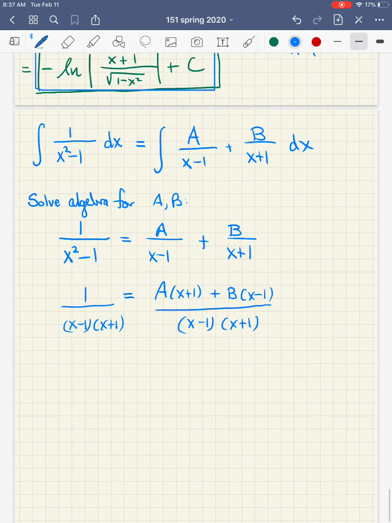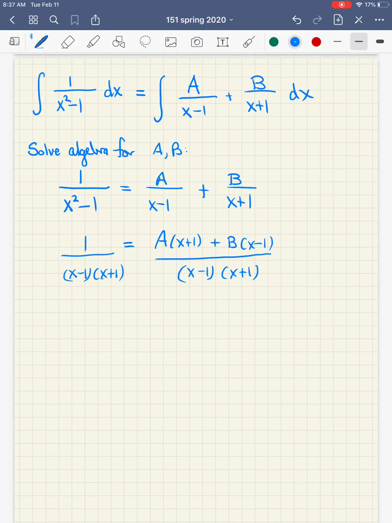So what must be true is that these two numerators, which I can mark in red, must be equal. So I have an equation that says 1 has to be equal to a times x plus 1 plus b times x minus 1,